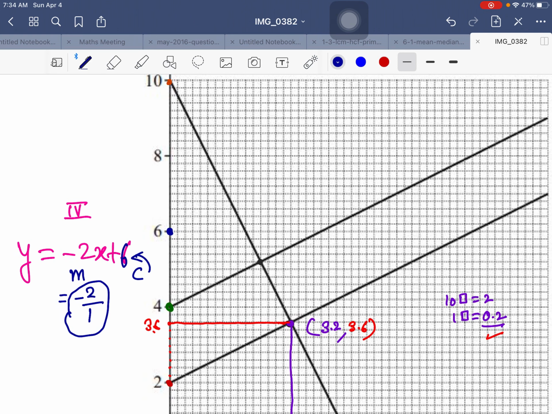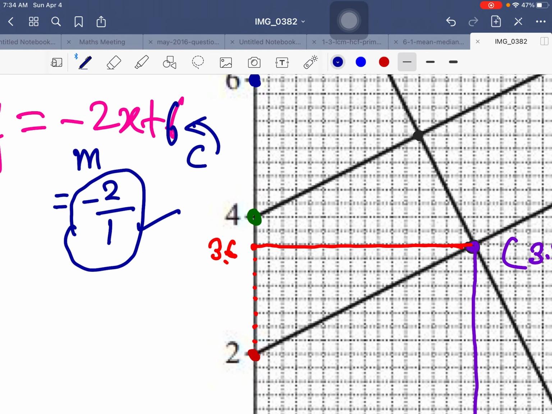I told you, to draw a straight line you need only 2 points, not a third point, okay? One point, the y-intercept, we already have. We'll find the second point by moving along with the gradient. As you know, gradient is rise by run. So run is 1. I will follow the run from the y-intercept, then I go to the rise.